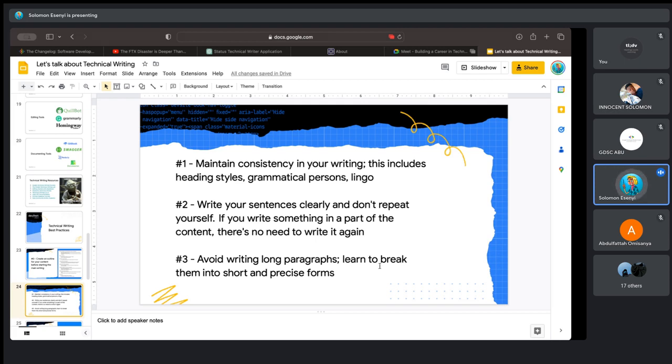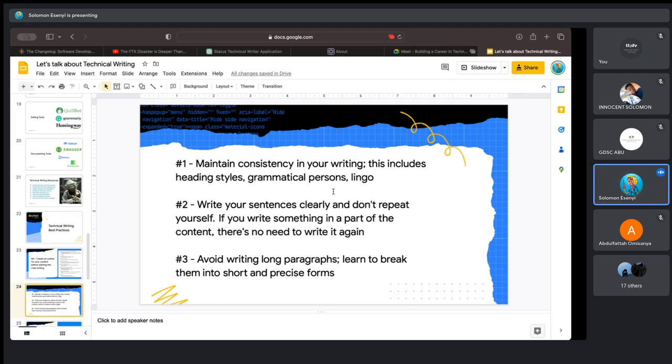Now, I also talked about grammatical persons. What grammatical persons means is that whenever you read articles, you see some articles that reference you as the reader, like, the first thing you should do is download this application. You read some other articles and they will say, the first thing we will do is download this particular application. So basically, a grammatical person is how you refer to the reader of the article. You can say your application, you should download this, you should do this first. Some other articles will say we are going to download this application first.